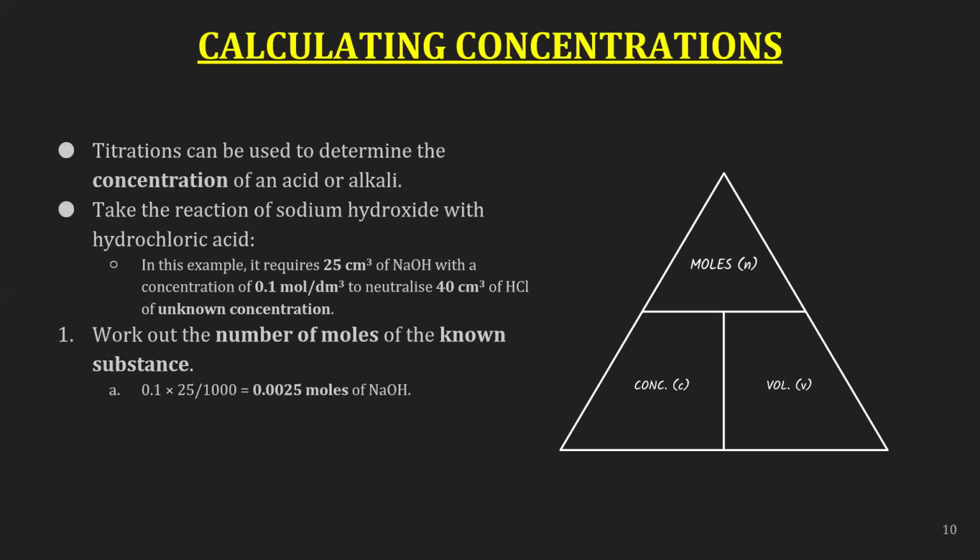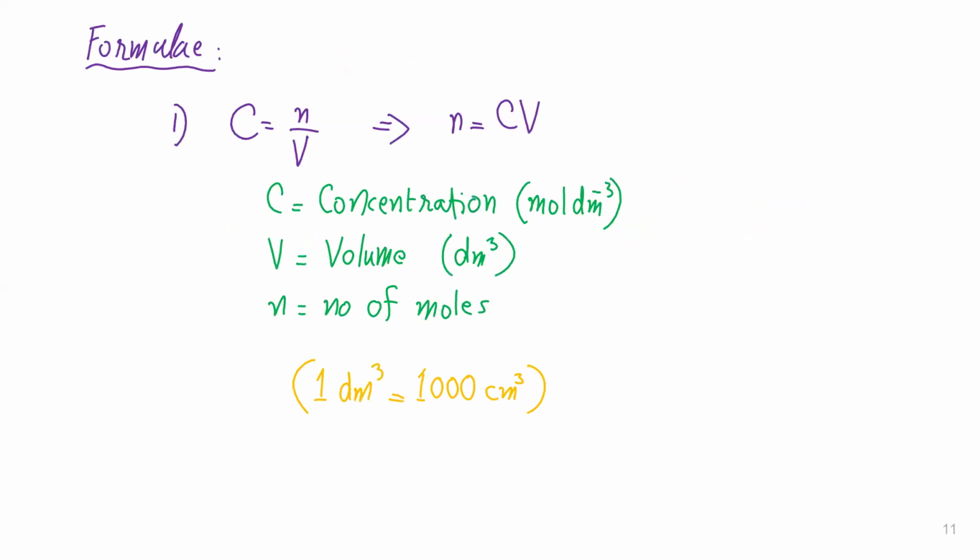Now, concentration is always defined as, this is the formula list. Formula number 1, concentration is equal to number of moles upon volume. So n is equal to CV. Now, n is equal to number of moles, and you have to remember that 1 dm cube is equal to 1000 cm cube, centimeter cube. You have to give a side heading, formulas, and copy this. Yes. Okay, done.